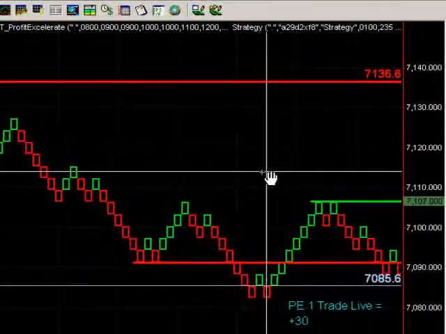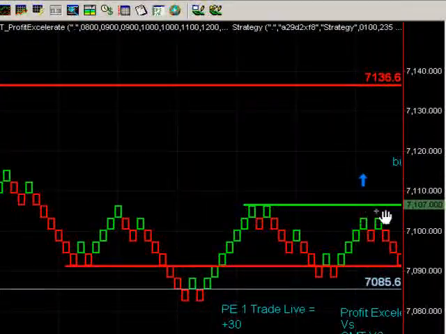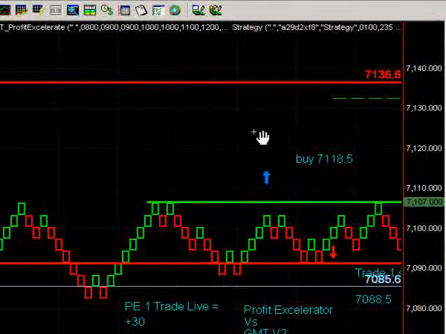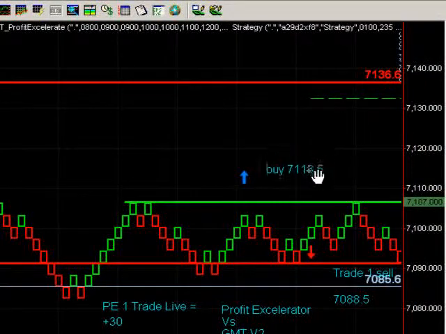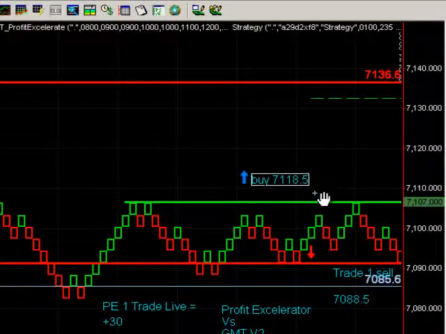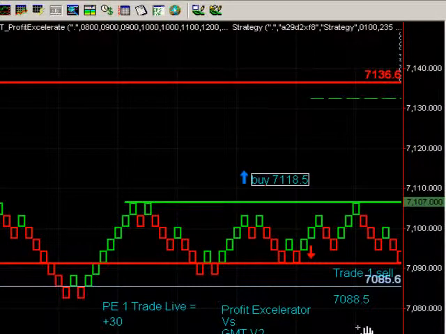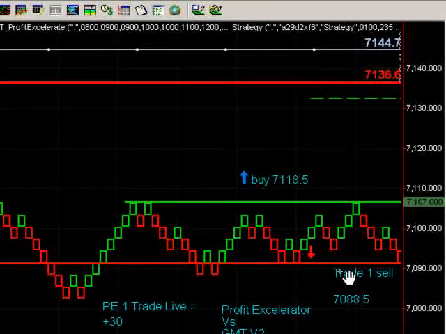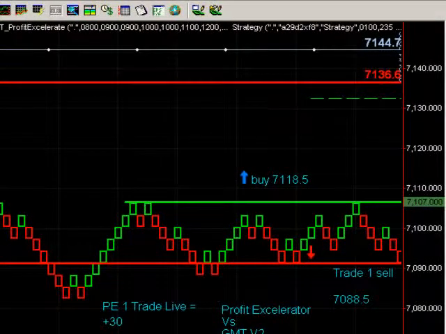So we come into the session and you can see that our box is 7107 to 7092. So it's a pretty tight box for the initial trade breakout. Now we have a buy order that we're working, but we're not going to put that order onto our platform until we see the momentum and trend start to confirm a little bit of bullish momentum, and that hasn't obviously happened here. So the bias is to the sell side,